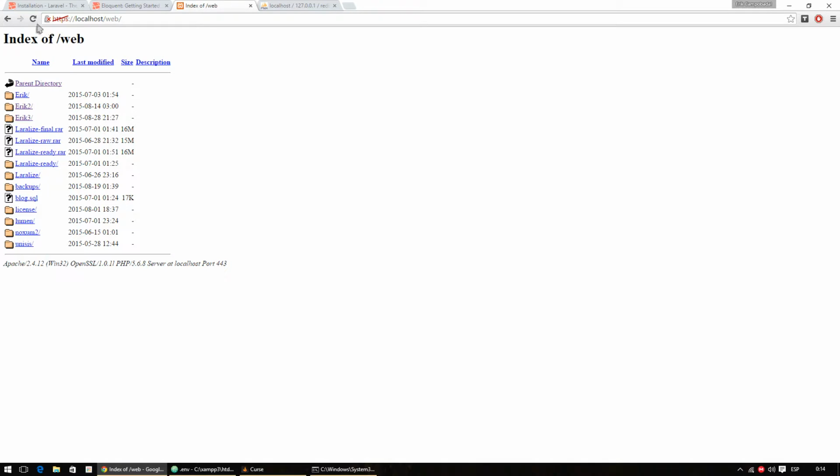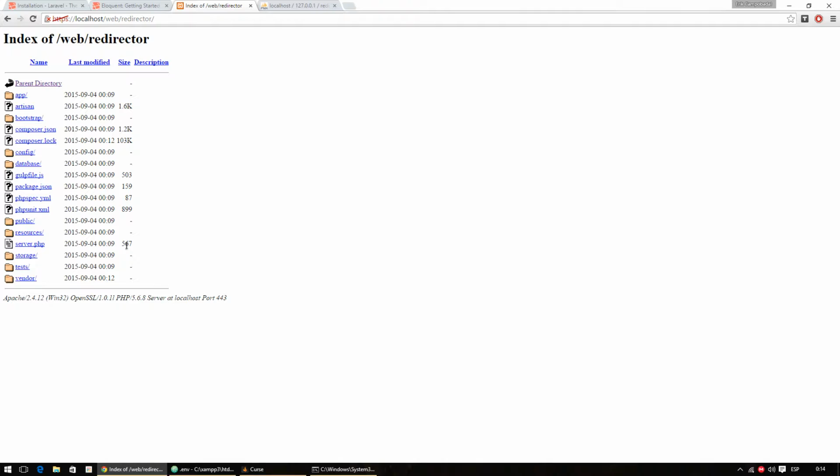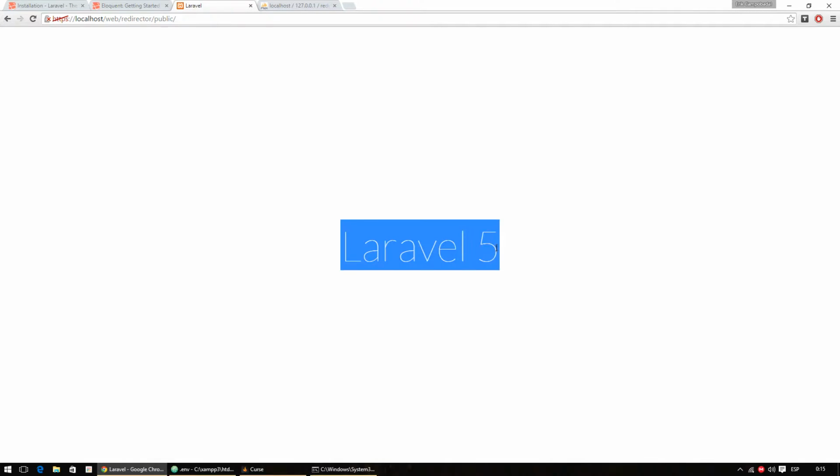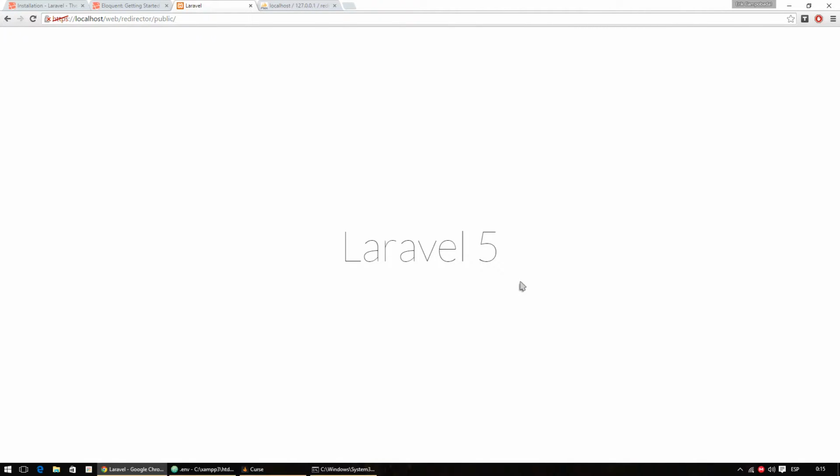So now we can load this up and simply go to the redirector folder, and then go to the public folder, and we should see the welcome page for Laravel. You should see the Laravel 5 logo here. I'm actually using an SSL protocol, so that may be the cause of some fonts not loading. So yeah, if you see this screen, it means everything worked and you're ready